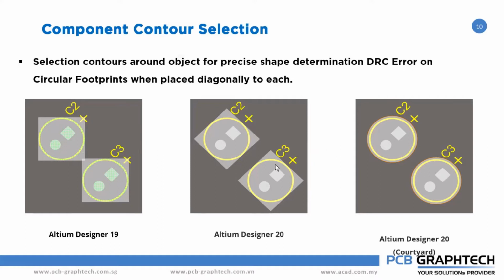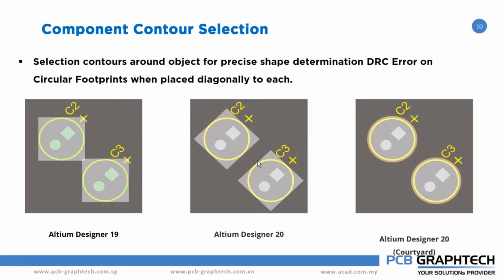Whenever we rotate any component, the courtyard layer inside the component will also follow the same component, so we can avoid these clearance or rotation issues when the bounding boxes touch each other. So we will see here that we don't have any bounding issues. This one we will see later in the demo in more detail.